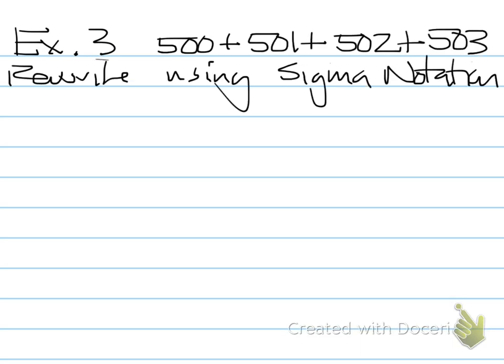Next, we want to rewrite this expanded notation. We want to write it using sigma notation. So start with the sigma, and we have to determine what our starting point is. You could start it off with 500. I think that it makes more sense, though, to look at the difference between each one of the terms, and you can see that each term, you're adding 1 to each one of the terms. So rather than let n equal 500,